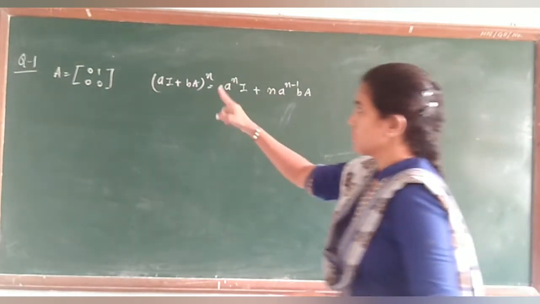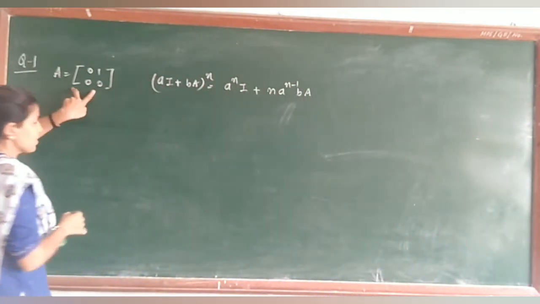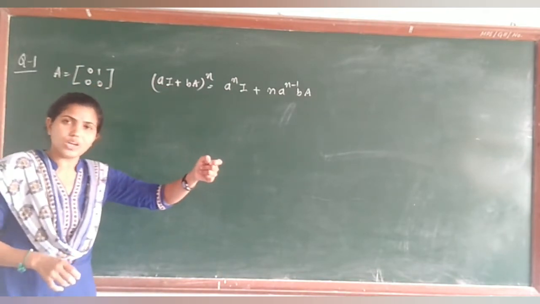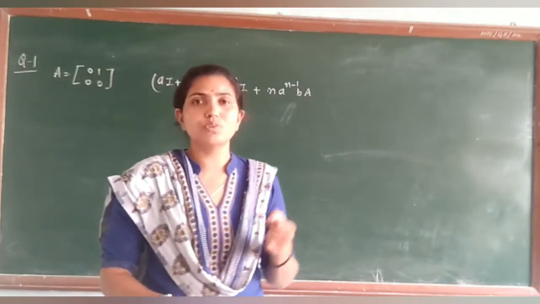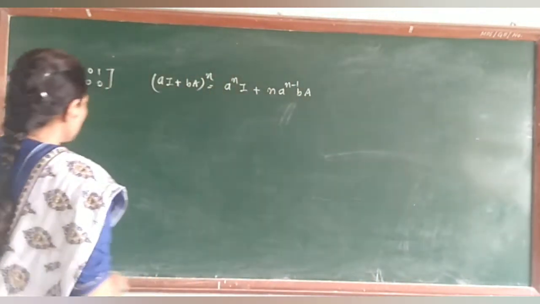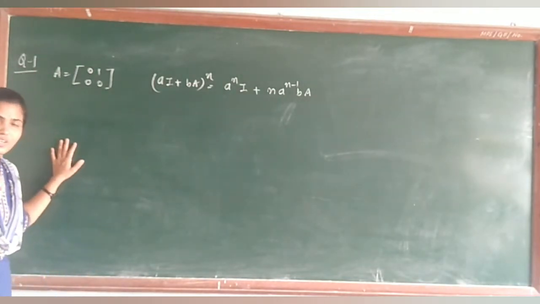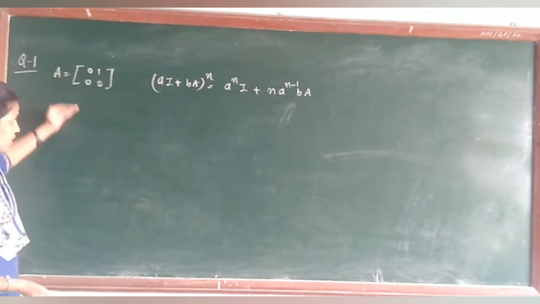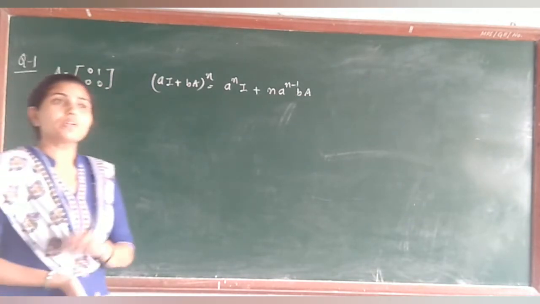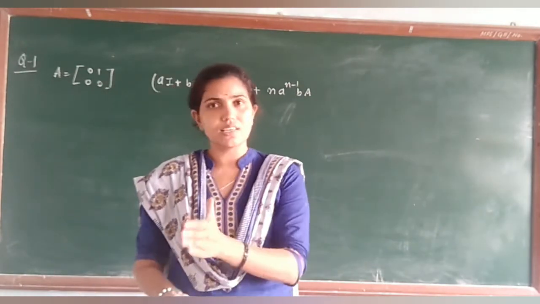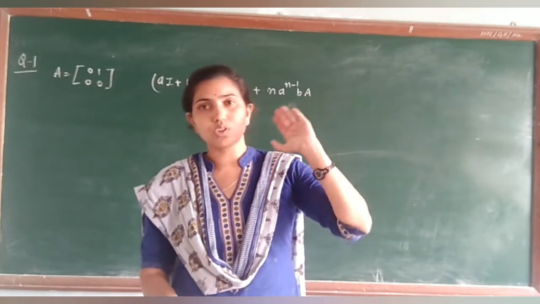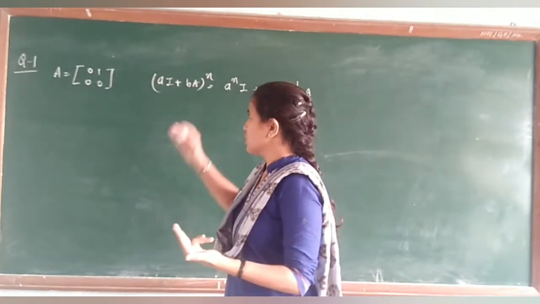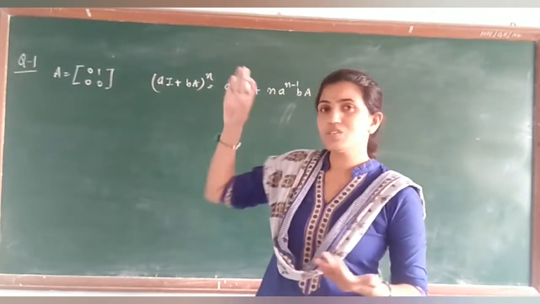So A क्या है हमारा 0 1 0 0, और अगर A आपका 2 by 2 square matrix है then obviously I is 2 by 2. Okay, I is the identity matrix of the order 2. So therefore it is not written here, but it is in your question clearly mentioned. तो आप अपना क्वेश्चन जरा ध्यान से देख लेना और we are going to solve this one. अभी आप सभी को प्रिंसिपल ऑफ मैथमेटिकल इंडक्शन अच्छे से याद है कि कैसे करना है. ओके, मैंने आपको तब भी बोला था कि आपका यही टॉपिक है जो हम 12th में बार बार यूज करेंगे. सो नाउ वी आर गोइंग टू यूज फर्स्ट फॉर दिस चैप्टर.